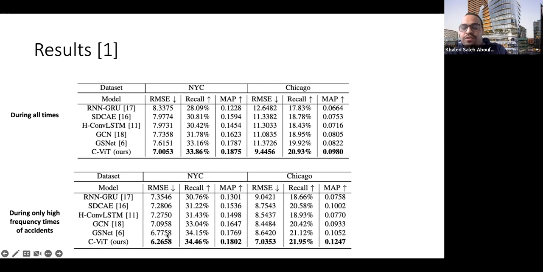Our model continued to perform better than the state-of-the-art GSNet, and of course the other baselines as well. So again, same trend: much better in Chicago, slightly better in New York City. But the added value of our proposed framework in comparison to GSNet is this